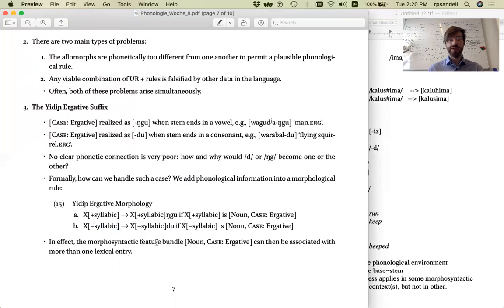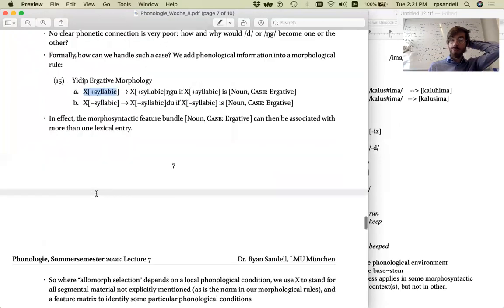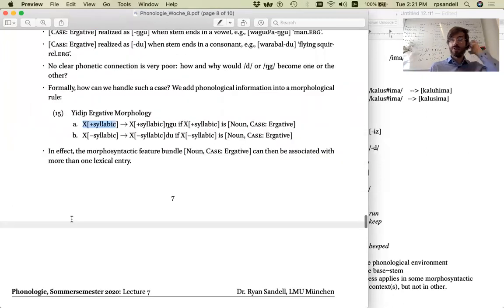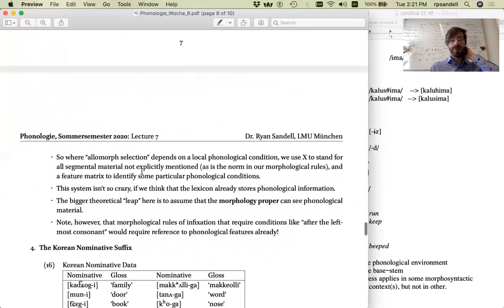So what we would say here is that although the normal circumstance, the circumstance that we usually assume, is that a morphosyntactic feature bundle is associated with just one lexical entry to generate a single phonological underlying form, in this case, we're saying that this morphosyntactic feature bundle can be associated with more than one rule, and those rules look for phonological information in the input. So in this case, the choice of the two different allomorphs, ngu and du, depends on